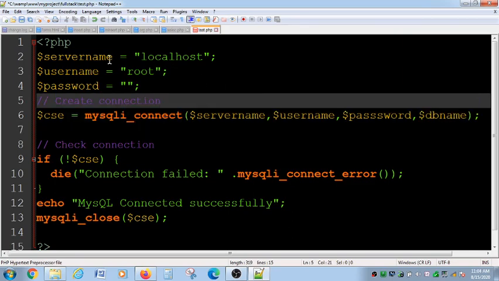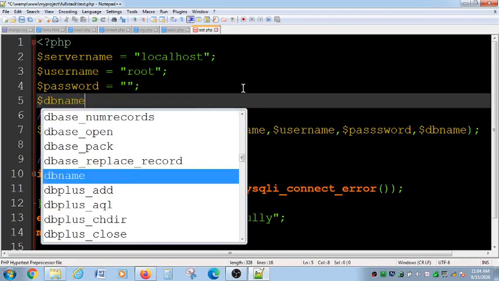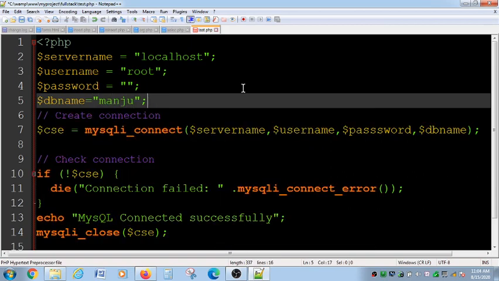So here I have defined my server name as localhost, so this will come here through the variable. Here I have given username as root, this will come here. Here I have given password as blank, this password field will come here, and I will define one more variable called DB name with the name Manju, which I already created.